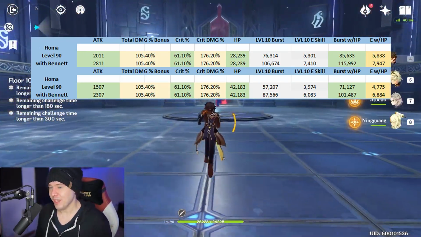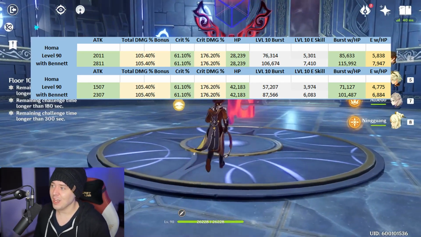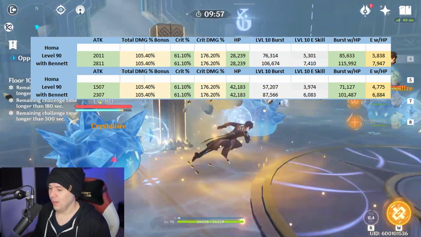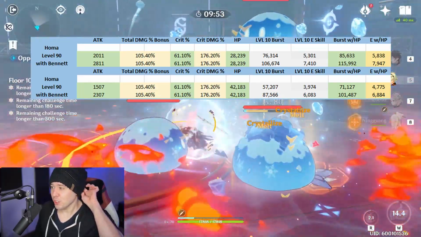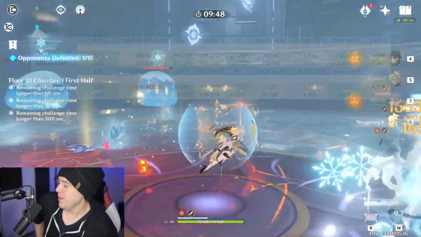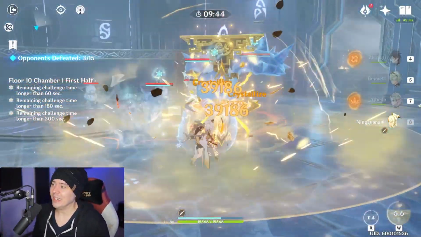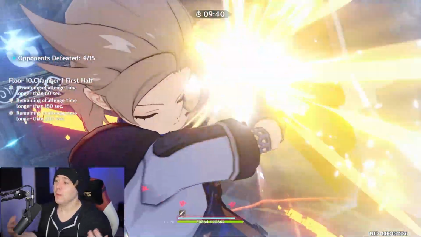Now you have 42,000 HP. But your elemental burst, even after factoring in that HP scaling, does 71,000 damage. With Bennett, you're doing 101,000 damage. So you're losing out on a pretty significant portion of your damage there. You're looking at like a 15-ish, 10%, 15% loss in damage, depending on how much of a loss you're getting between your different artifacts. A lot of you guys might not say that's super significant, but one main thing